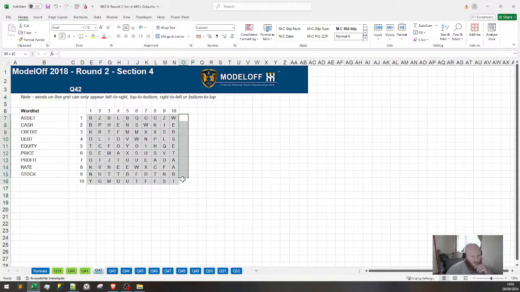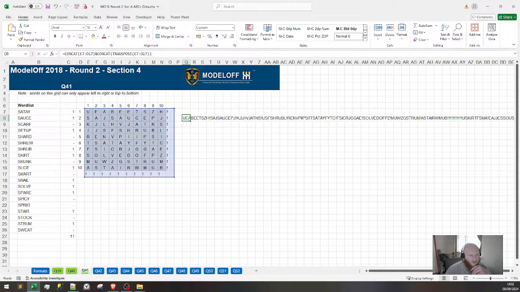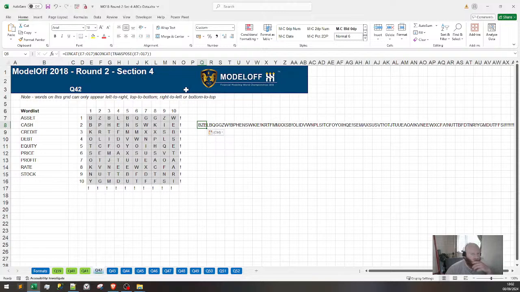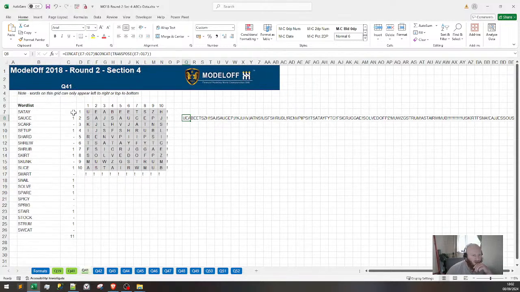So let's do what we normally do. And because it says one word, like it says, right to left, left to right, top to bottom. But really, we could just try the front way round, going forward. Because if one word is found in there, then it just says the one word. I don't know whether I'm explaining myself too well. But if I were to check this now, for example,